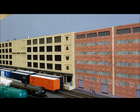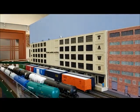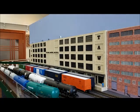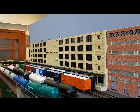Hello everyone. We're going to do a video today on Three Amigos warehouse and the oil tank facility. Basically, we're just going to switch out some cars from each industry. The Three Amigos warehouse, as you saw at the beginning of the video, is probably one of my nicer detailed structures